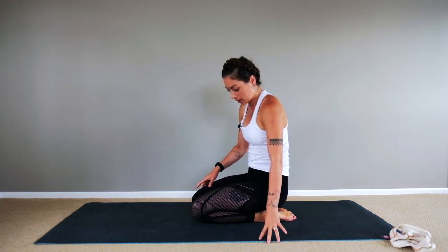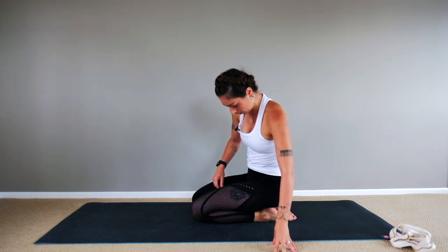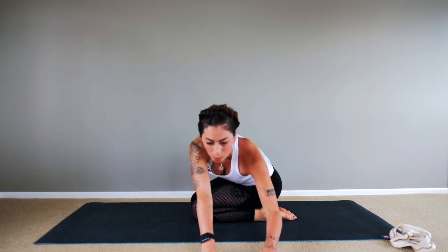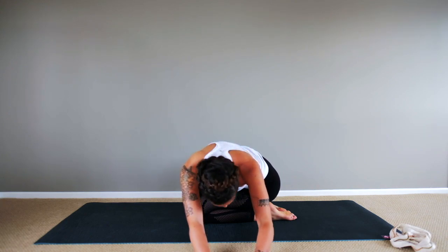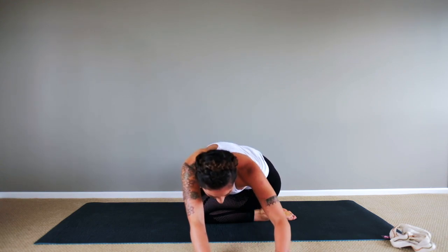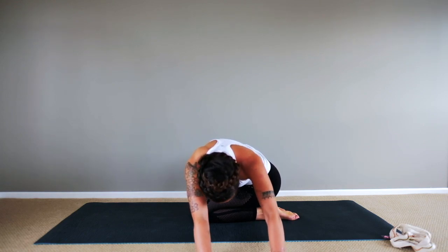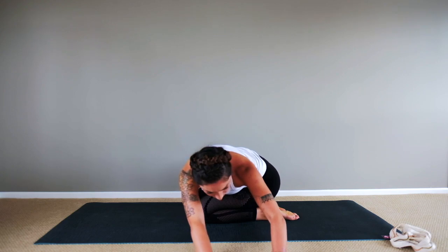rotate your trunk to the left, but keep both of your hips heavy. And then I want you to walk your hands all the way to the left, so as far as you can go, and then relax your head to the ground. If you feel uncomfortable, as though your head is just hanging out, then you can bring a pillow or a brick under the forehead. Otherwise, I want you to press your hips back, keep your right hip grounded, walk your